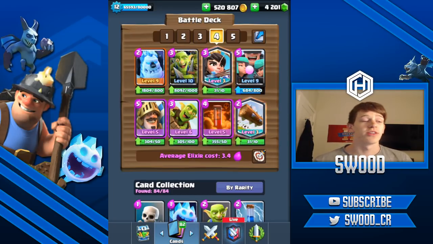Today we're doing a video on this Spellbait Rascal deck. It's insanely strong. I wasn't a big fan of the Rascals on release, but the fact that they have a tank with damage dealers behind it, and then the ability to combo something like a Goblin Barrel or a Miner